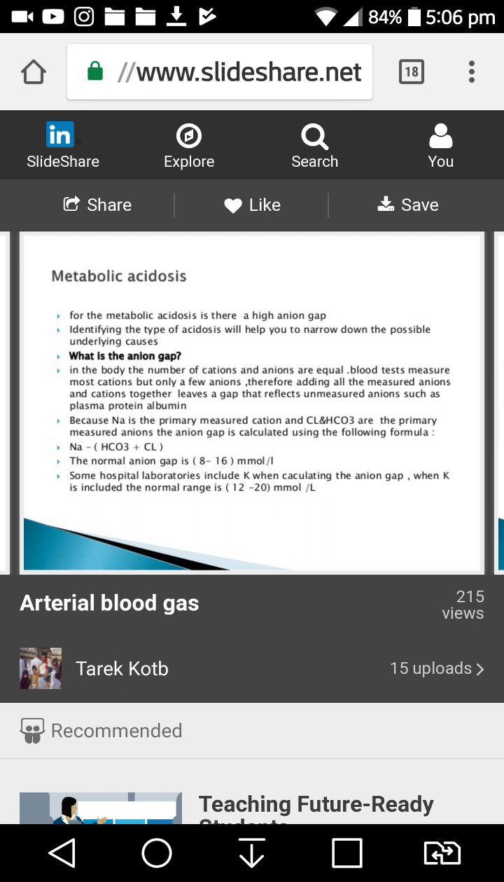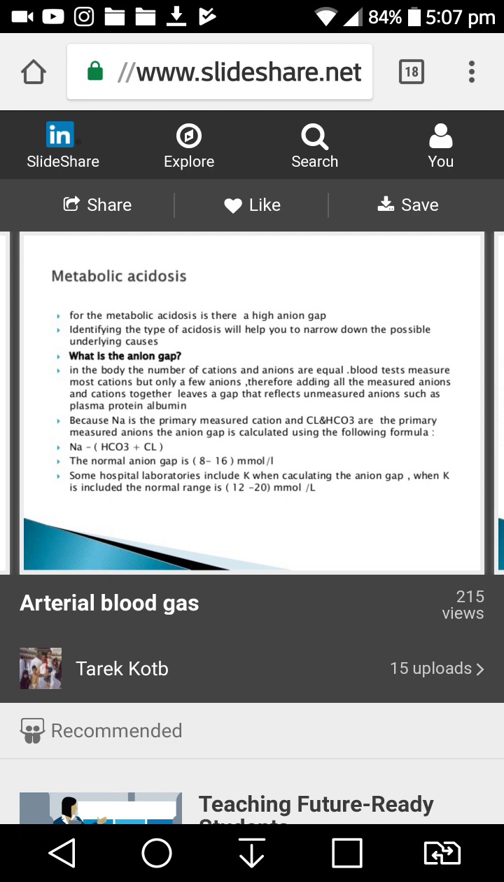What is the anion gap? In the body, the number of cations and anions are equal. Blood tests measure most cations but only a few anions. Therefore, adding all the measured anions and the cations together leaves a gap that reflects unmeasured anions such as plasma protein albumin. Because sodium is the primary measured cation and chloride and bicarb are the primary measured anions, the anion gap